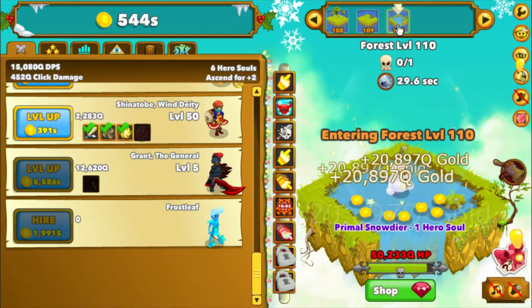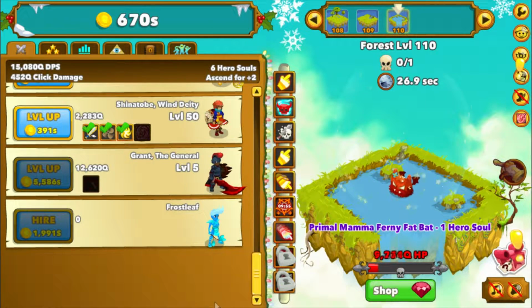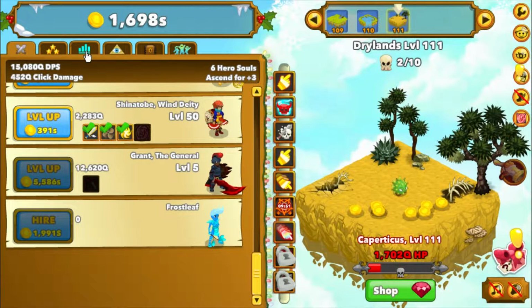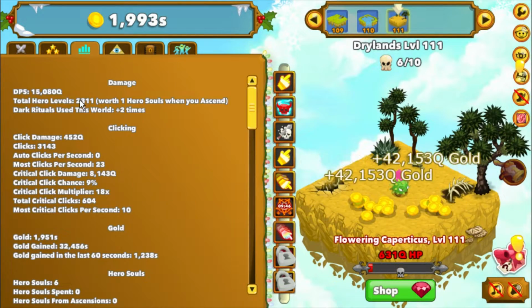So you can see it says Primal. And it's changing the name of them because it's changing the monster. But it's a Primal, and it's going to give us 1 extra hero soul for next time we ascend. Which is very awesome. Also note that every 2,000 hero levels you get one, so early game, this is super important